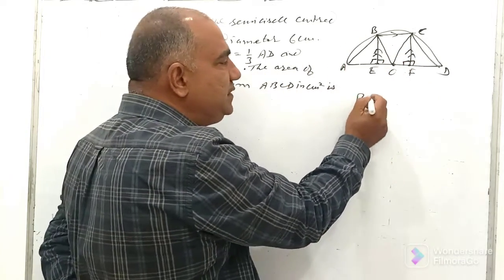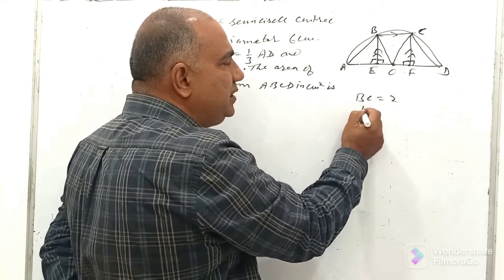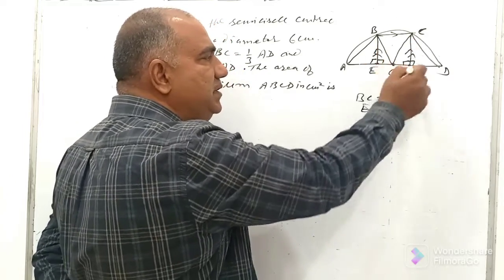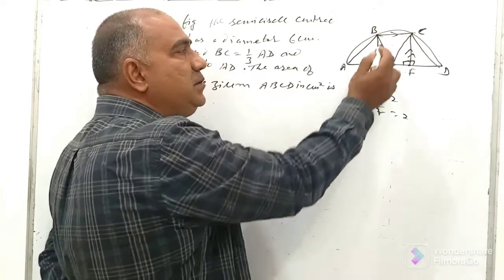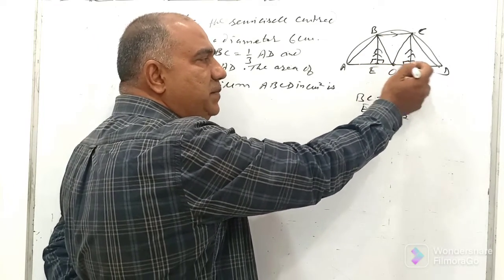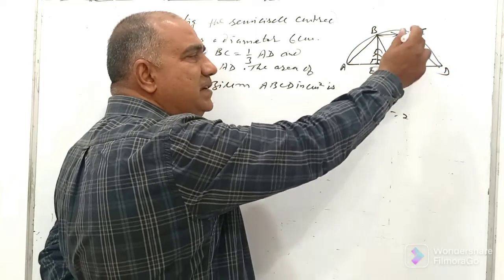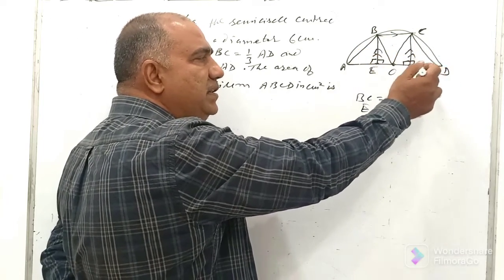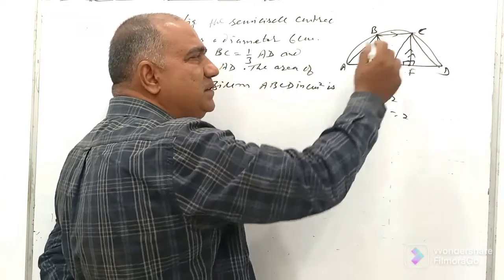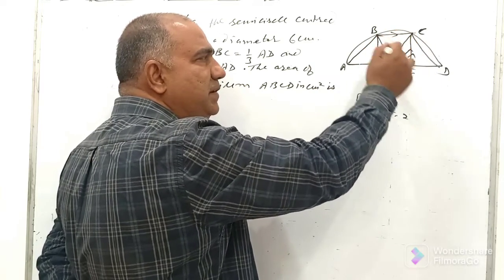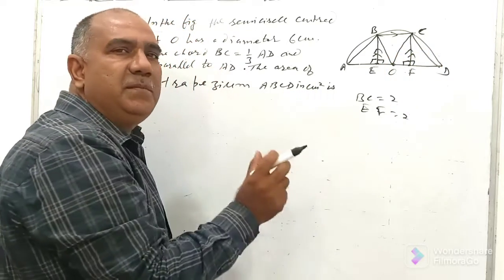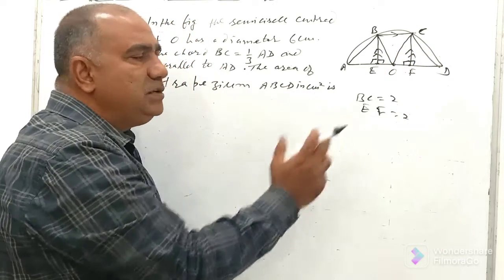BC and EF are opposite sides. So when BC is equal to 2, EF is equal to 2, opposite sides of parallelogram BCFE. And why is this a parallelogram? Because BC was parallel to AD, so BC is undoubtedly parallel to EF, which is part of AD. And also BE and CF are perpendicular onto the same line AD, and perpendiculars onto the same line are parallel to each other. So BC is parallel to EF and BE is parallel to CF, so BCFE is a parallelogram. BC and EF being opposite sides, they are equal. So BC is 2, therefore EF is 2.